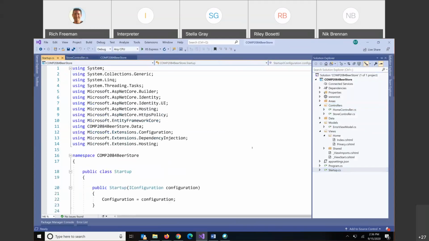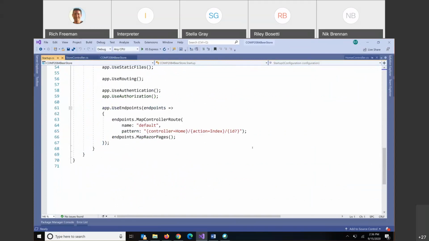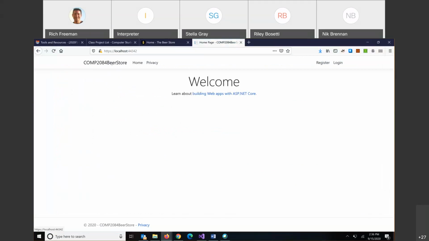So in our program startup, we did look at this last week, right? It says, here's the default endpoint. If there's no controller specified, the default is the home controller. And if there's no specific index or method specified in the URL, then the default method is called index. So what does this mean? So here on our home page,